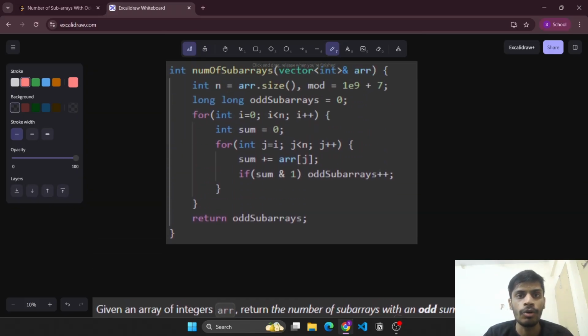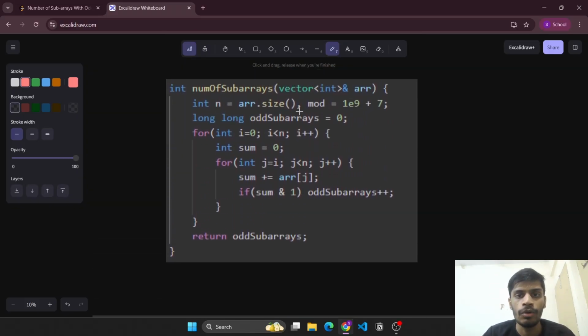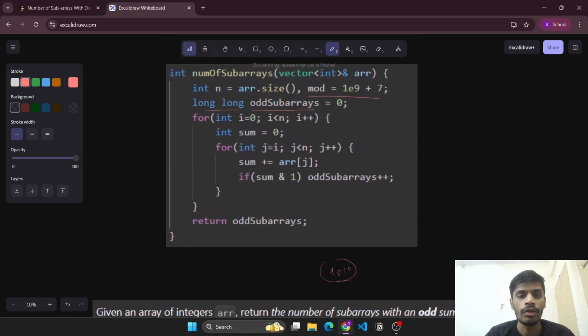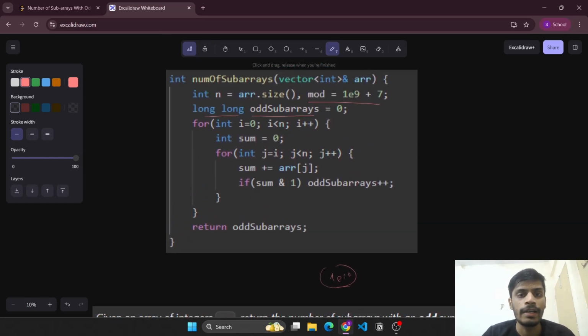So what will the code look like? We have the value mod as 1e9 plus 7. We'll initialize the odd subarrays with long, so that even if it reaches 1e10, we are not getting integer overflow. Now we'll simply iterate through all the subarrays and maintain this running sum. At each step we'll update this running sum, and once we increase, we'll also do odd subarrays